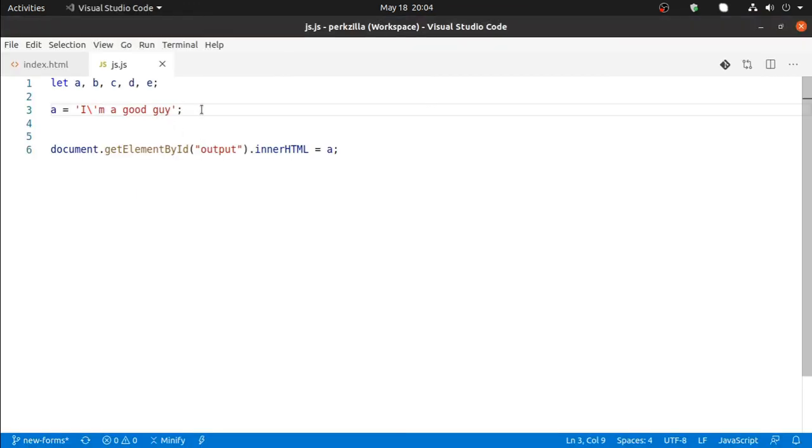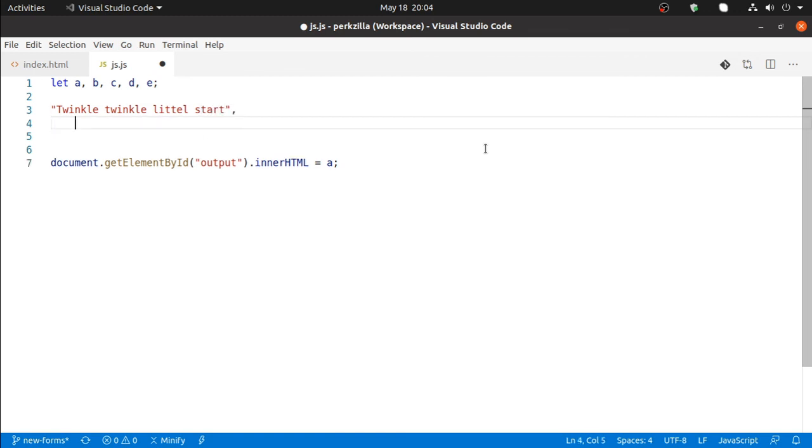Now there is one task for you. I want you to write twinkle twinkle little star, how I wonder what you are. This is your assignment, and I want it to be displayed the same way.